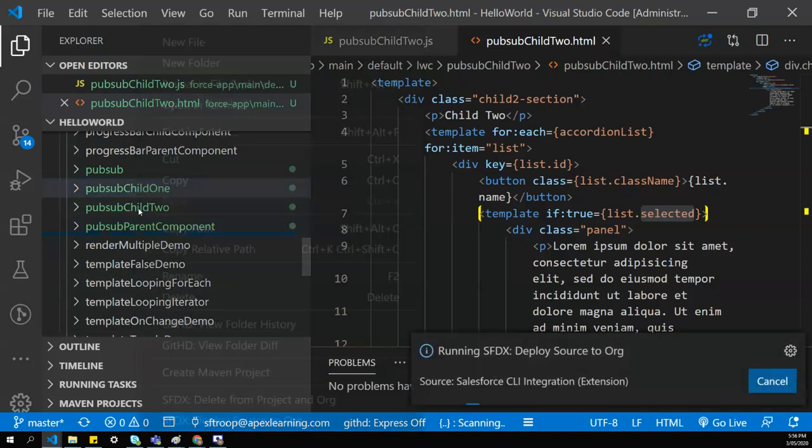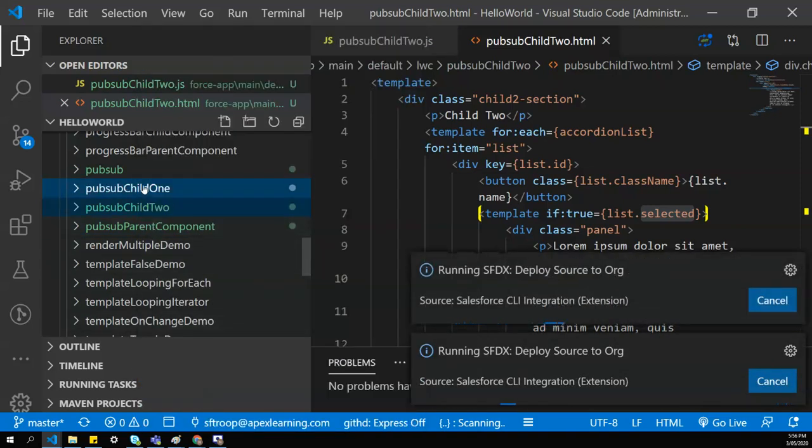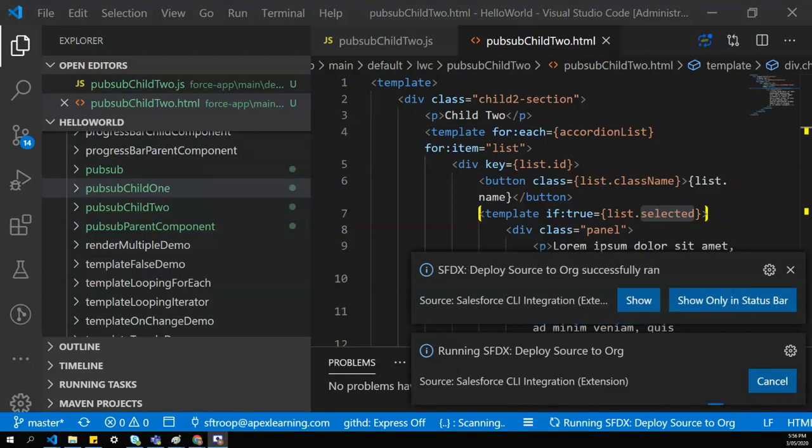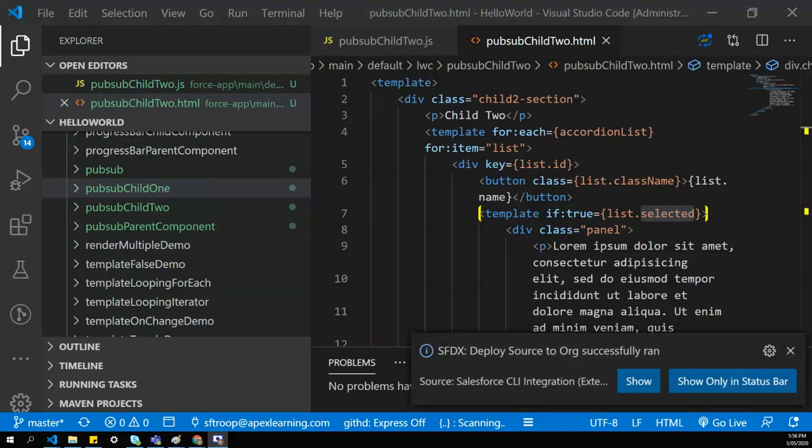Apply source to child 1, child 2, and parent component. In Aura components, it was very tricky to achieve this kind of event communication, but because of this PubSub design pattern, it's pretty easy. Now all our components are deployed.